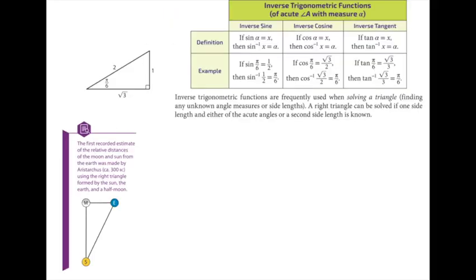I want to talk about inverse trig functions, because sometimes when you're talking about inverse, you're going to talk about your reciprocal, but that's not what we're talking about. Reciprocal functions are like sine compared to cosecant. Inverse functions is when you're trying to find the angle. So on your calculator, you have your sine, cosine, and tangent. That's when you're trying to find the ratio, okay? Above it, you see sine to the -1, cosine to the -1, tangent to the -1. That is not your reciprocal function. That is your inverse function, which actually means you have your trig function and you want to find your angle,